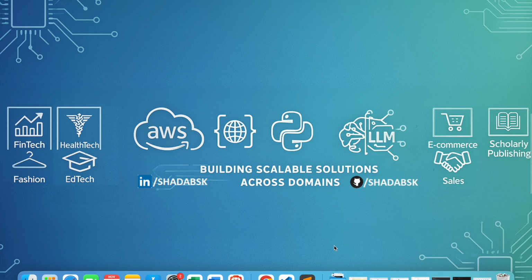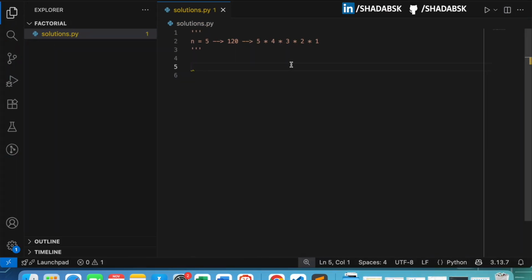Hello. So let's talk about one of the favorite questions of any interviewer, factorial. By factorial, what we want to deduce is, given an n value, we want to find its factorial. So for n equal to 5, the factorial of 5 is 120, and the way to reach 120 is through